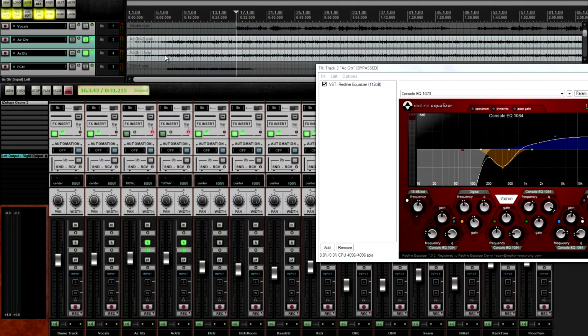There we go. Okay, so this is without EQ. And now when it turns green, when I click it again, it'll be on. I just wanted to brighten the acoustic guitar up, and I gotta tell you what, I think I have